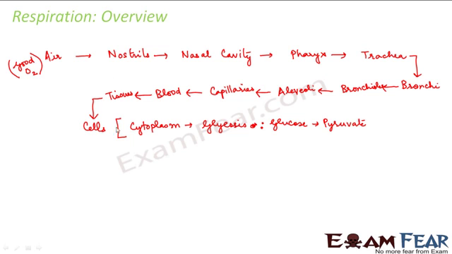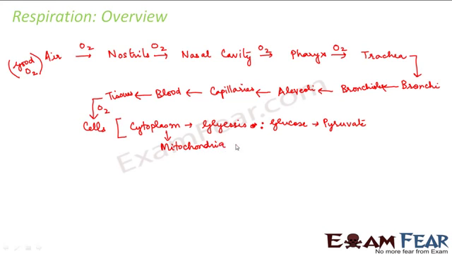Now this pyruvate had been waiting for oxygen because it needs oxygen for oxidation. So once this oxygen comes in, what is coming in right now? It is oxygen which is coming in. Now once this oxygen arrives, the pyruvate becomes extremely happy. So the pyruvate goes into the mitochondria of the cells.